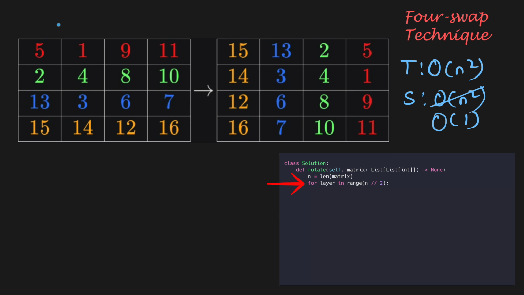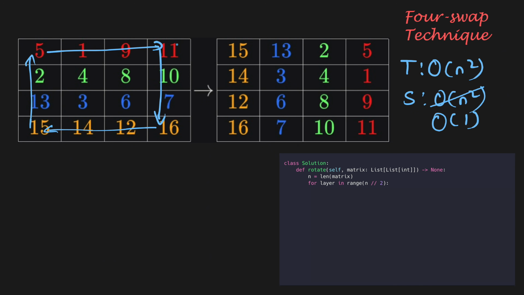Now for each layer, we perform force swaps to rotate the elements to their respective layers. For example, this 5 moves to this position in the output matrix, 11 moves to here, 16 moves to here, and 15 moves to the position of 5. And since we are performing these force swaps, before overriding this value, we should take a backup of these elements